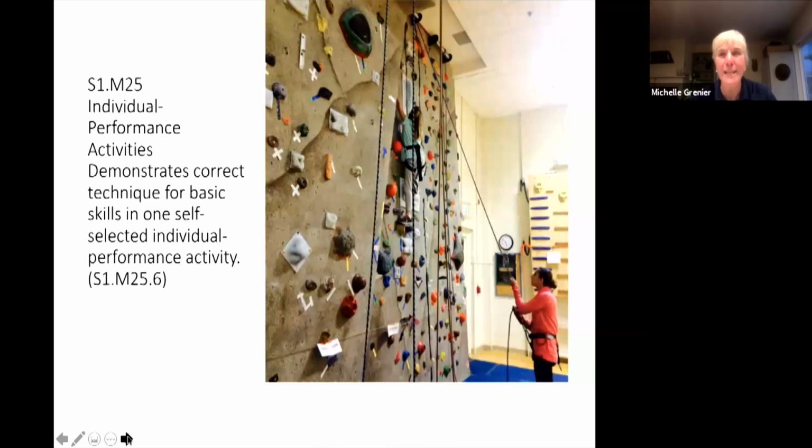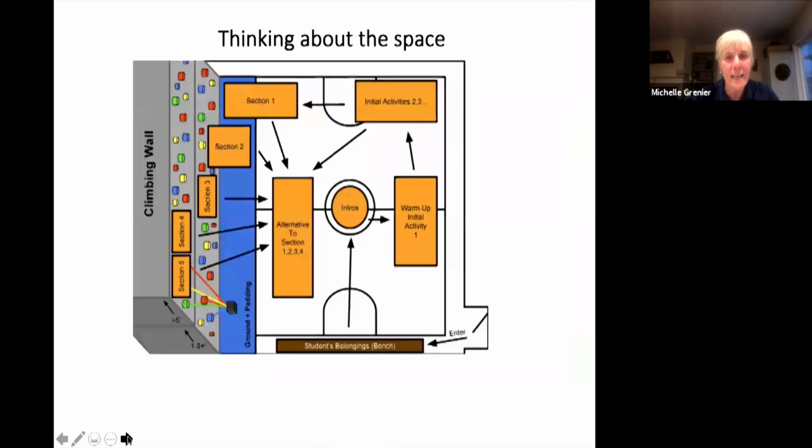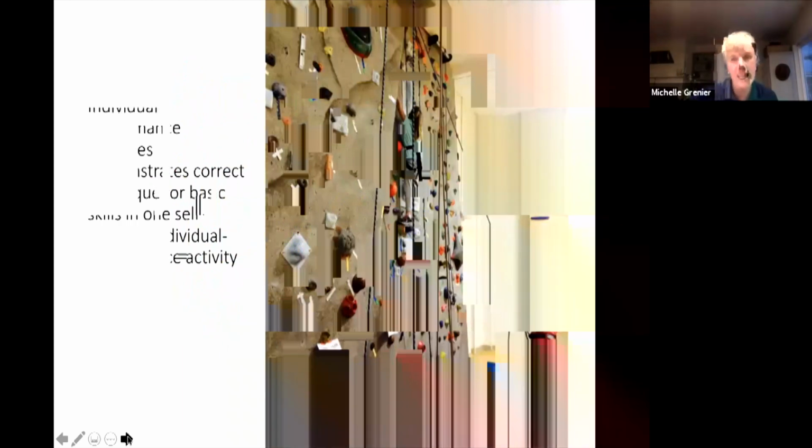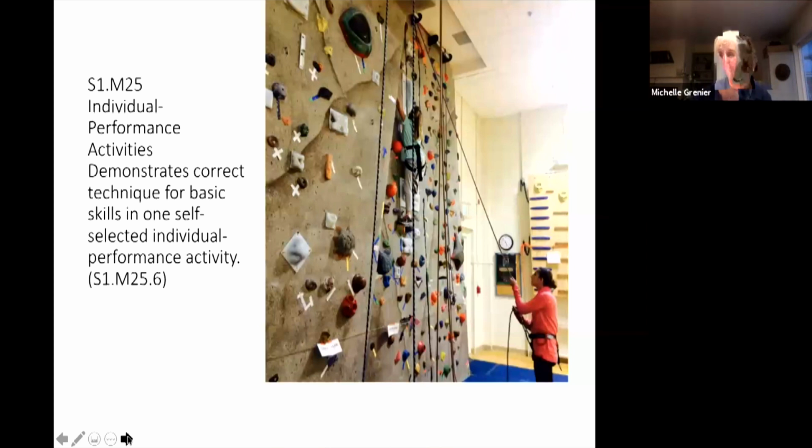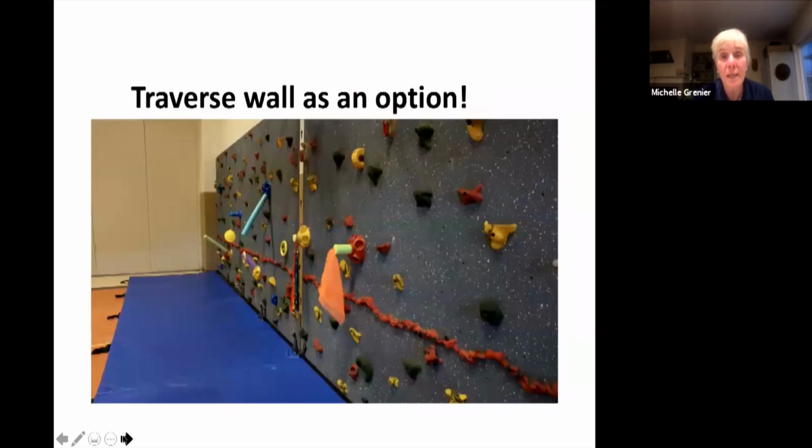Not everybody's going to want to climb up to the top of the wall. So as I consider my teaching, I'm the planner. Knowing, again, as Lauren said, know your students, I know that there are students who want to be a part of it but can't engage in the same way. So I'm going to create within the gymnasium a landing area near the wall that they can support with a belay or some kind of physical assist, or there'll be an area that they can set up their own pattern to engage. They can also use the wall horizontally.